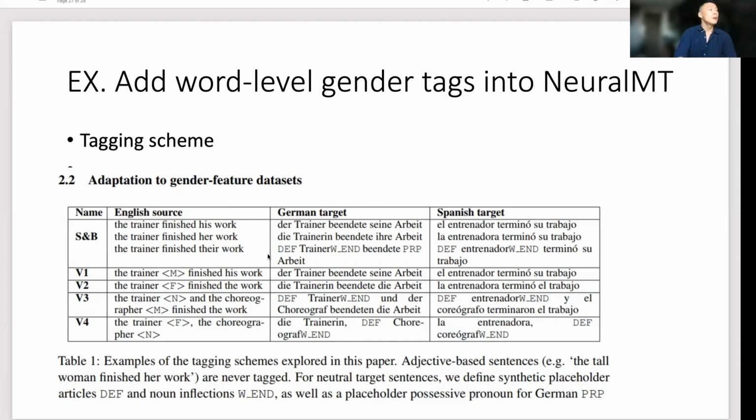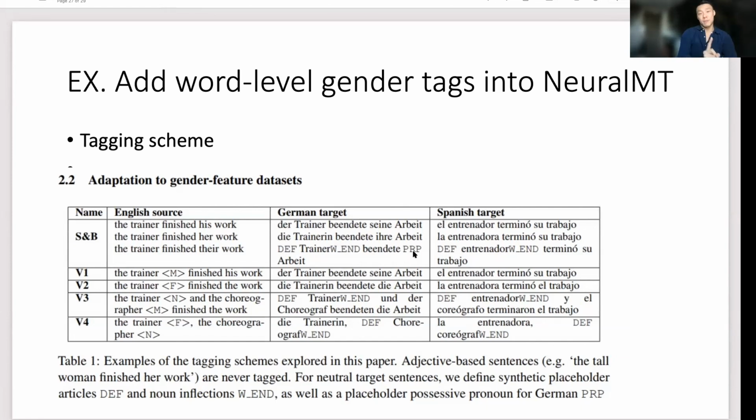All right. So for "his" and "her", it's quite easy, right? Because if it's "his work", then you know that the trainer should be male or identify as male. When it's "their", we should change it to something like this, as in an indefinite pronoun, and the translator will think later whether we should change it to a word ending with the suffix that makes it female or not. And then PRP, that's the possessive adjective, right? Which we don't know where we should put either.